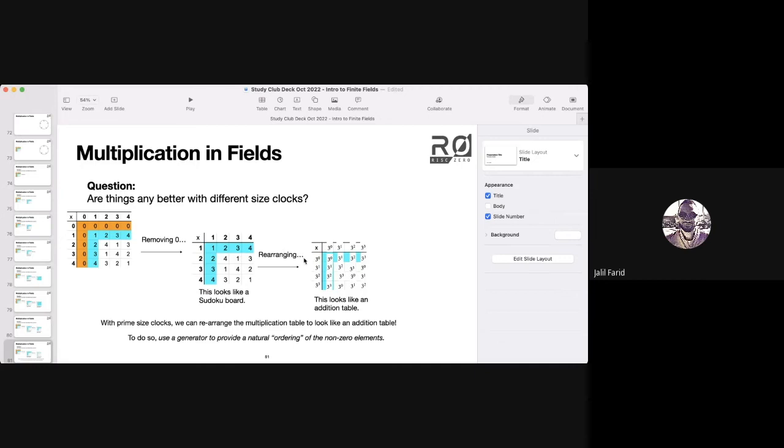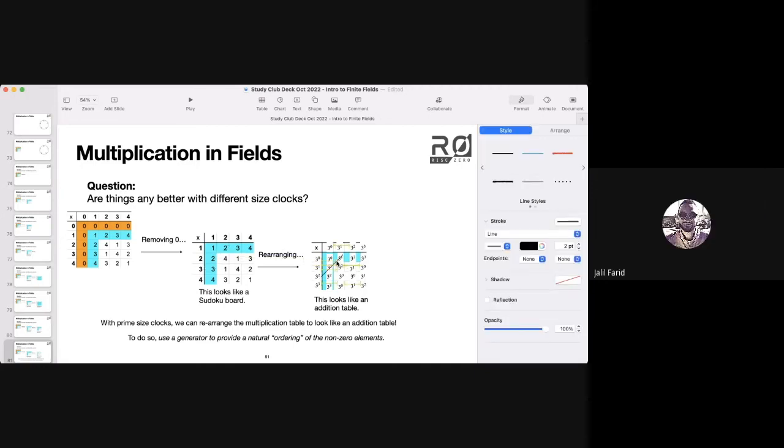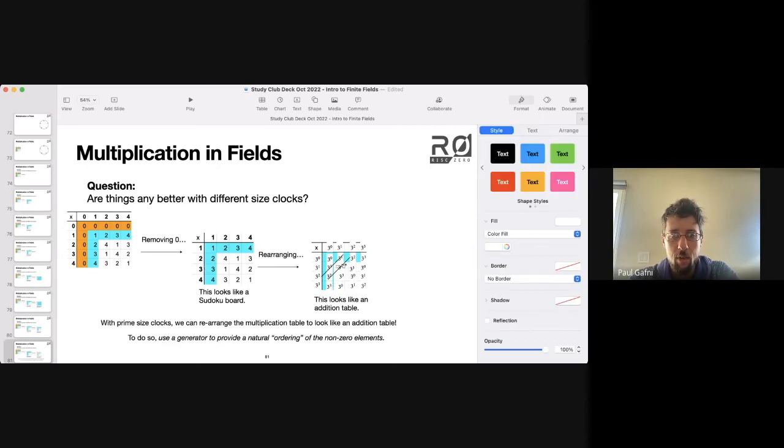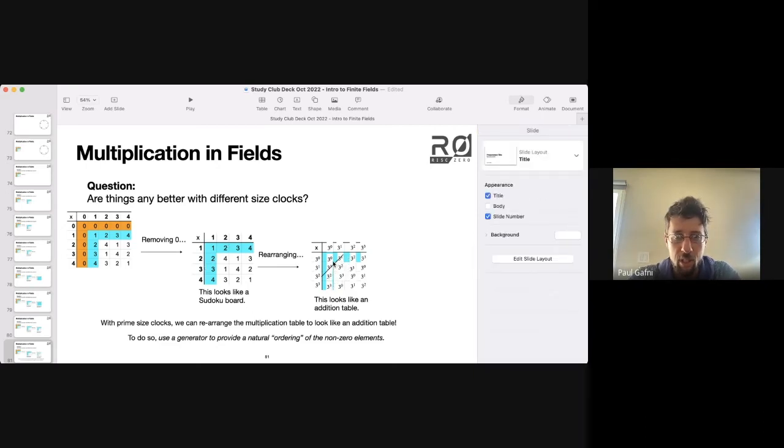pointed at 2, 2. So 2, 2, then diagonally makes 4, and then I guess 3, 4, but in 5 and mod 5, it is 1. I guess somewhere I pointed at the diagonal in the wrong table. The middle table doesn't look like an addition table. It's the far right table that looks like the addition table, and so I apologize for misleading you in answering that question. Okay. But if I step back to here,